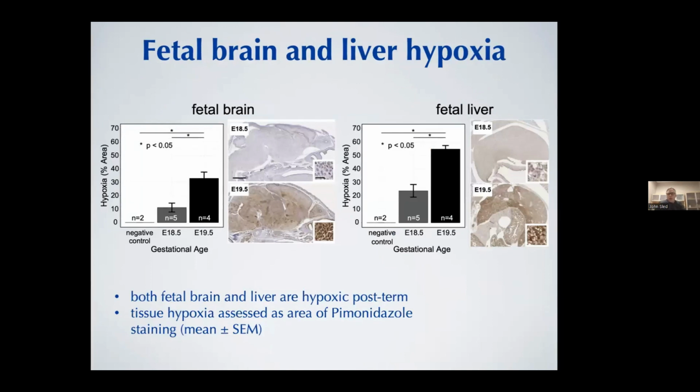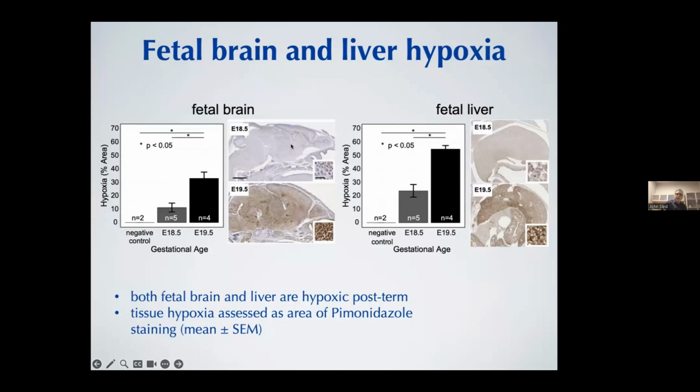So when we looked at these mice by histology, one of the questions we had was, is the brain and other organs hypoxic? And to do that, we used a technique called pimonidazole staining, where you inject the dam, and then based on the level of hypoxia at the time when the mouse is sacrificed, you get a histological reading of which parts are below a certain partial pressure of oxygen. And so when we compared the percent area staining of a sort of normal gestational term mouse